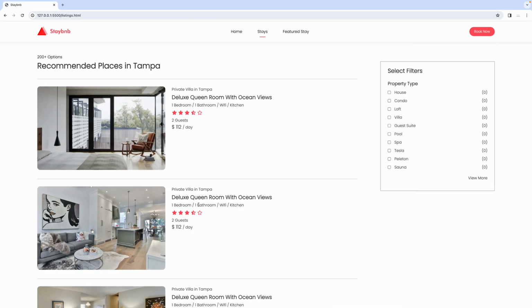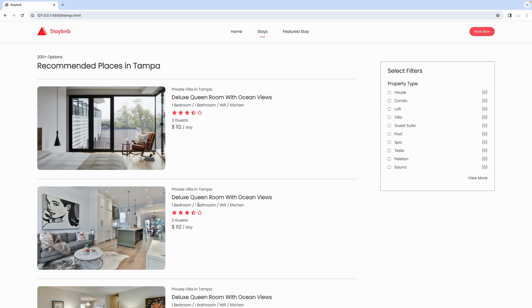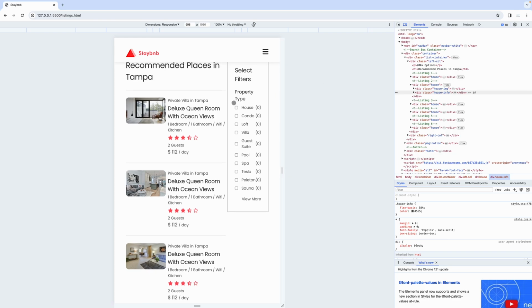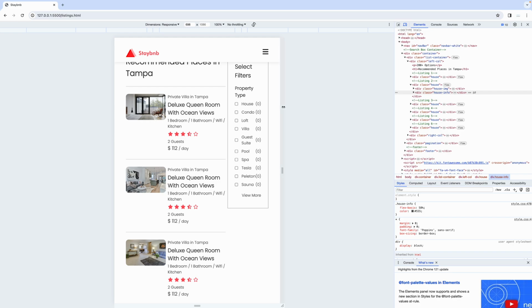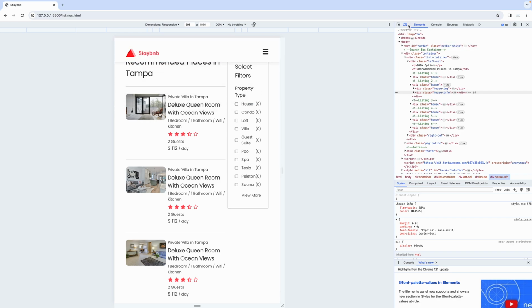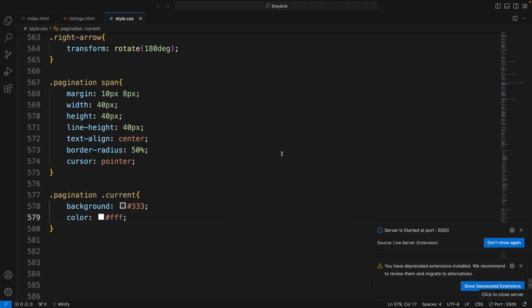All right, so we finished the listing page, but now let me show you what a small screen looks like. And you see how it's kind of bunched together? So let's clean that up a little bit for when it's viewed on a phone. So we can leave that like that. Let's go